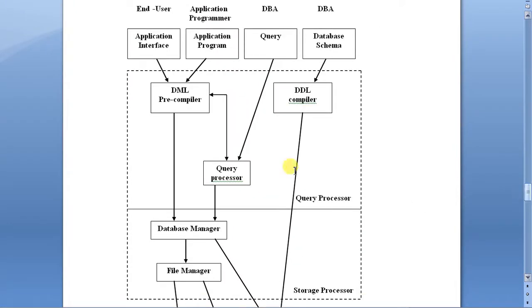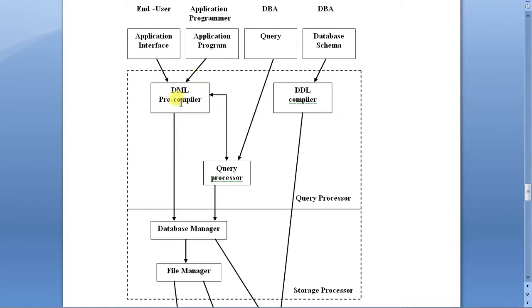Okay, so you can interact with DBMS through application interface, application program, or direct query. See, these arrows might be going from here to here, but all of them are quite similar. And since we cannot show every arrow from here to here to here, otherwise the diagram will be cluttered. But every user interacts in a similar way. So let us see certain components.